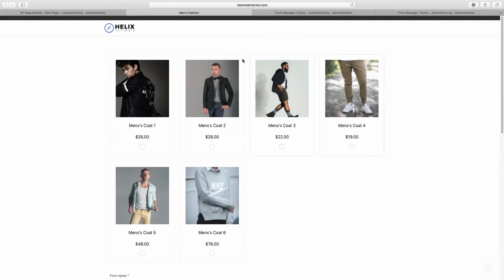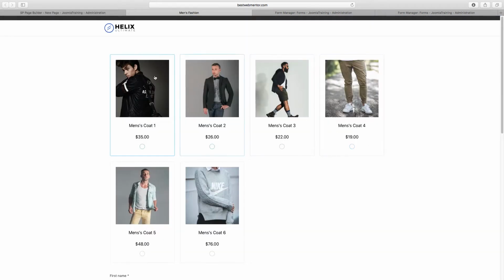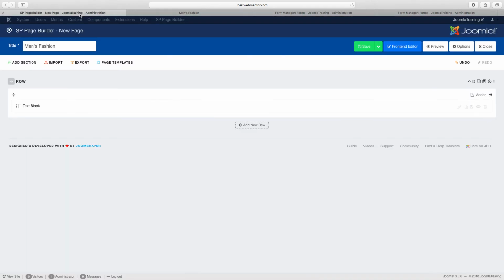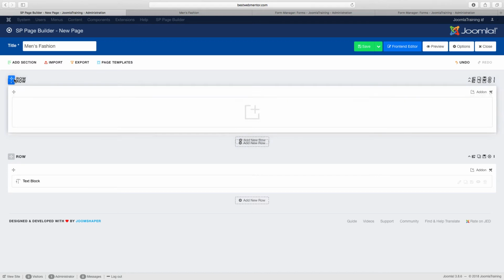So let's go back here, and you can keep that as it is. It fills up that page. So now it's time to design the top section here. So I am going to click on add new row, and I'll choose one, and I'm just going to move this up